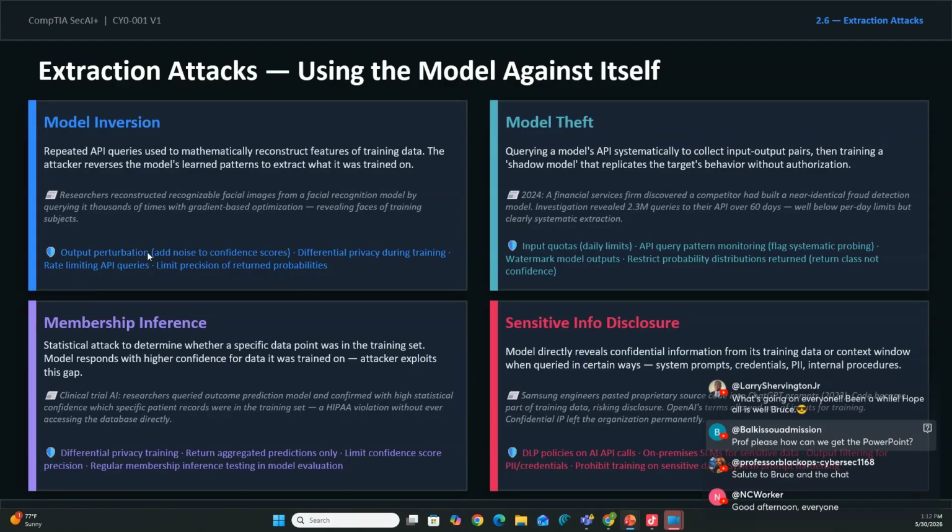So anyway, what could you do to protect against this? Differential privacy during training. So you're mixing in different information. If somebody tried to do this, you could make it so that it's going to be much harder for them to reconstruct faces by doing differential privacy during